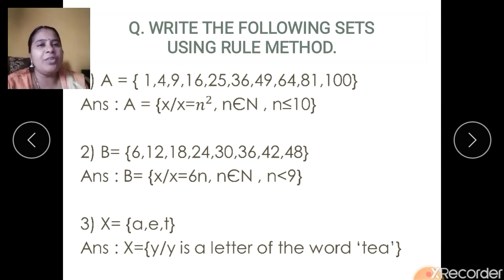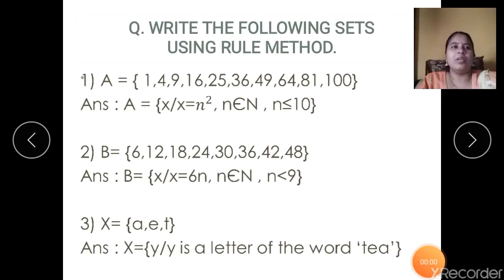Okay, so if I give you randomly any alphabets, whichever meaningful word you can form out of that will be given marks. Repetition is not allowed, of course, right? So this was how to write the following in rule method. I hope you have all this. Go through all these important terms: how to find out the property, how to relate it to n, what should be the restricting value of n. All this you have to understand in this.